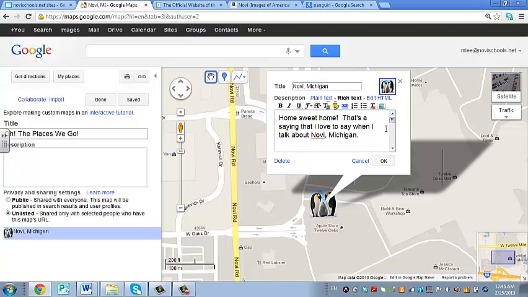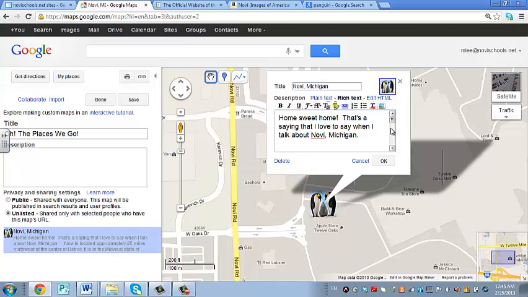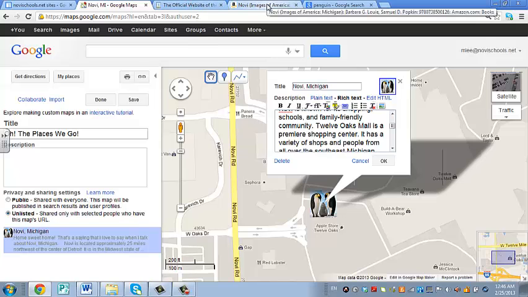The next step I'm going to do is add some pictures. To add a picture, it's very easy. Again, here is the icon I'm looking for because it says insert an image. Notice what happens when I say insert an image. Again, it's looking for an address. In my descriptions on Novi, one of the things I wrote about was the shopping in Novi. So notice I have 12 Oaks Mall. What I'm going to do is pull up an image,